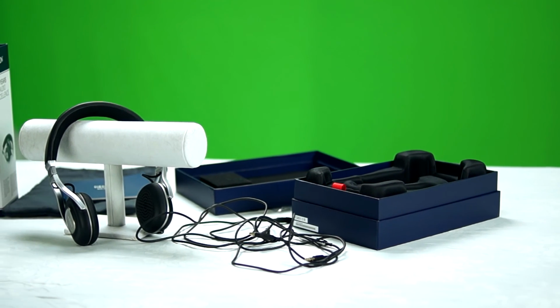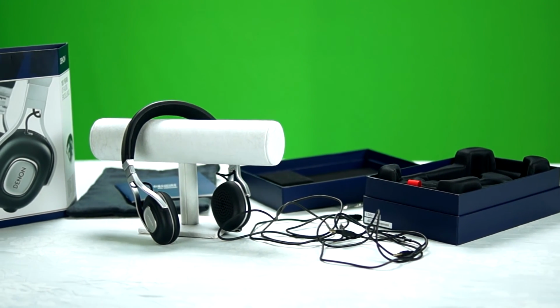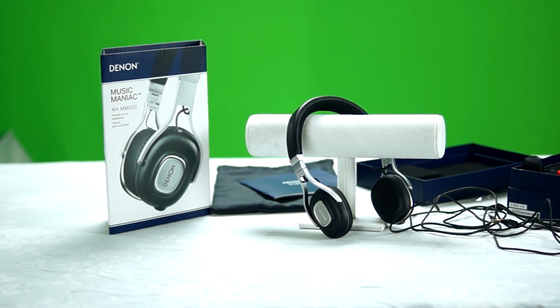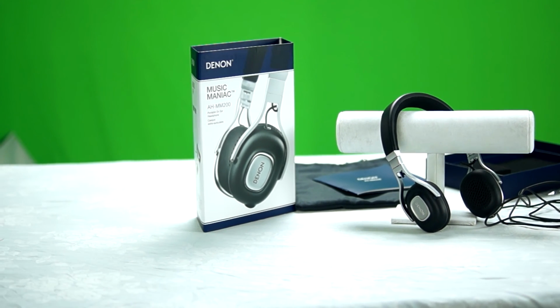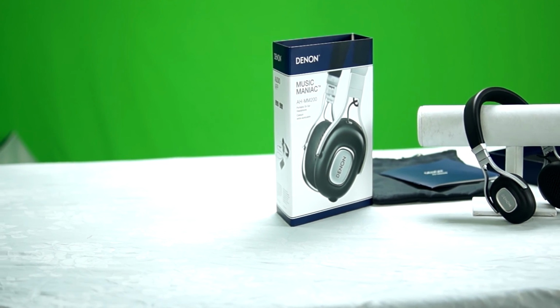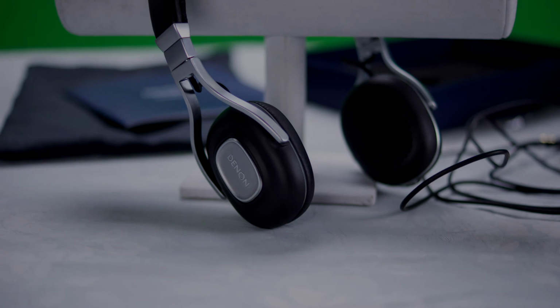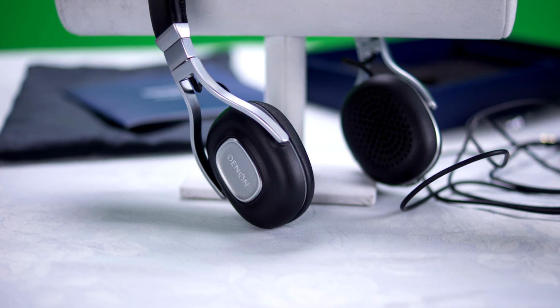If you want a pair of headphones that are not cheap but accurately reproduce the music, and if you don't mind having a proprietary 1/8" cord that if something goes wrong with it, you'll have to contact Denon to get a replacement, then these are definitely the headphones for you, because they just sound absolutely fantastic, and they are worth every penny as far as I'm concerned. And maybe in a future revision, they'll watch this review and take my suggestion to heart and replace that receptacle with just a normal receptacle,